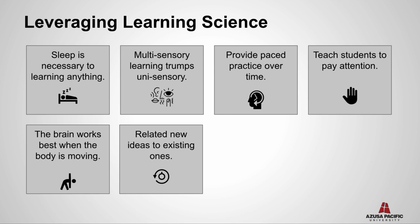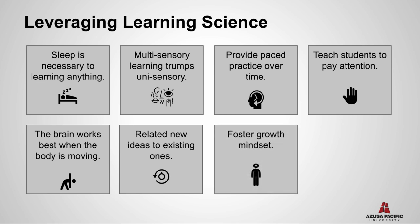There's also this idea of paced practice over time, how you study instead of cramming at the very end. If you separate the learning over time, then it actually will improve performance. And then fostering